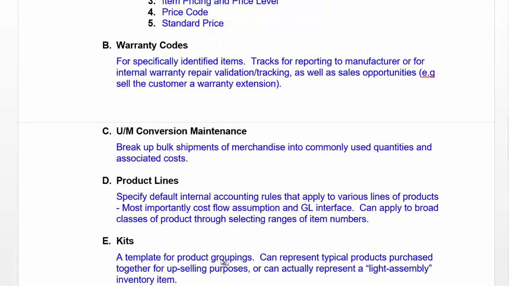Kits are a special thing where we use that as a sort of a template for product groupings, like groupings of things that we normally could sell individually, now sold as a bundle. And you can represent typical products like, for example, if you get the seat and the two tires, then you know you have some kind of a kit and you get a little special price break on it. Or you could actually do things like manufacture an entire bike with various parts that we normally stock individually